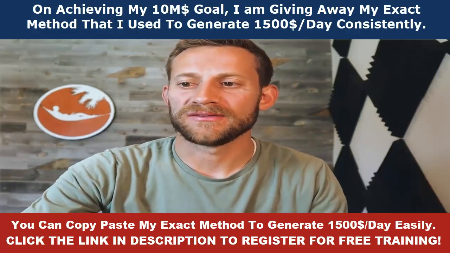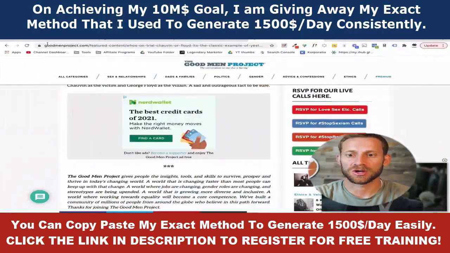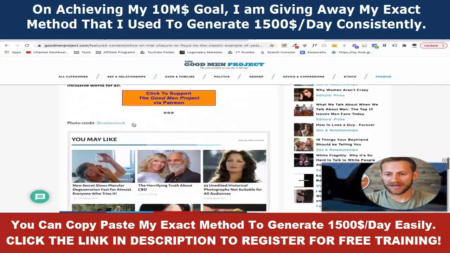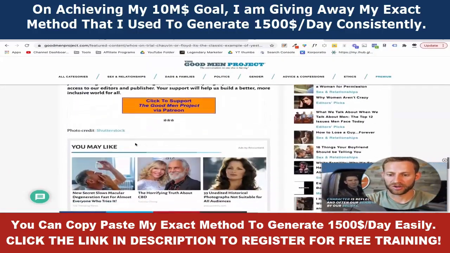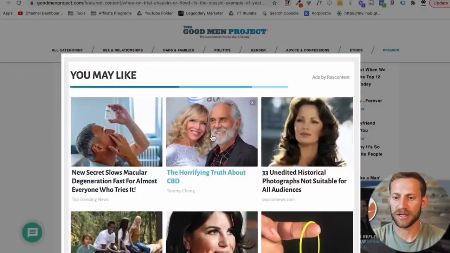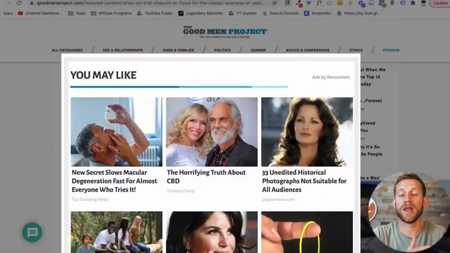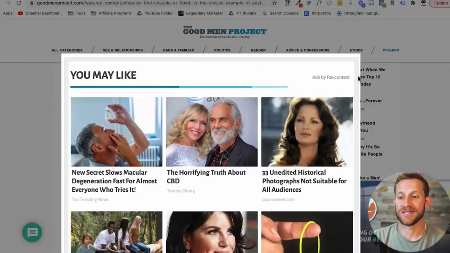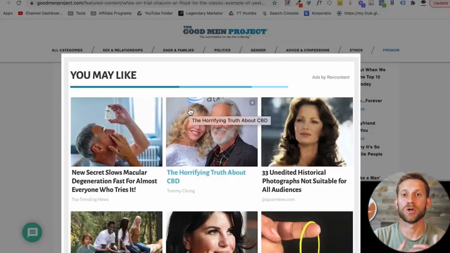So if you're not aware of what a native ad is, I'm gonna pull up a site here. This is called the Good Men Project. Maybe you've heard of it. And you can see here, you're scrolling and you're reading, and there's a good article. Maybe you're liking the article. And as you scroll down, this kind of looks like related articles, right? Like, oh, hey, you might also be interested in some of this. But if you look really close right there, it says, these are ads, okay? Ads by Rev Content. And so they don't look like ads, which is great. That means you're gonna get a lot more clicks.